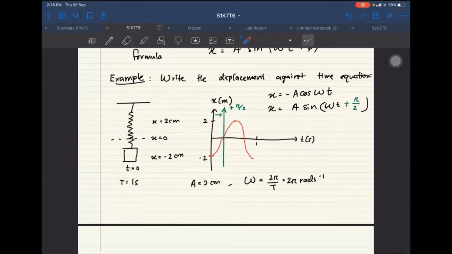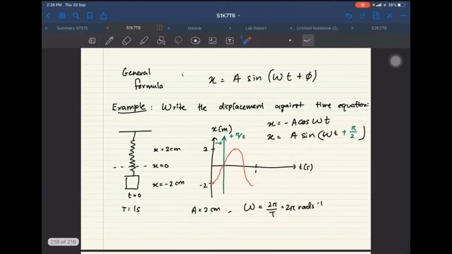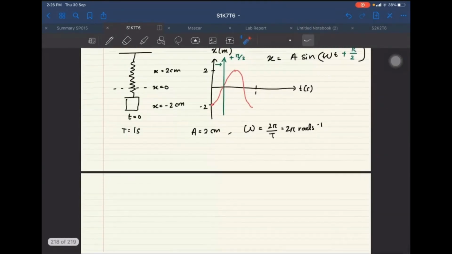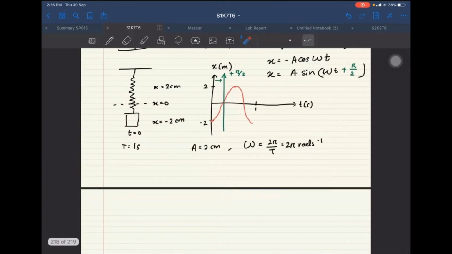Dia bukan positif, dia negatif. Okay, to check whether this one is correct or not, kan? You can do a simple calculation. Okay. So, if I want to do a simple calculation, let's say if I choose a number. So, let's say x equals to